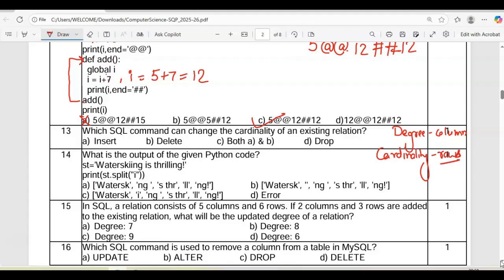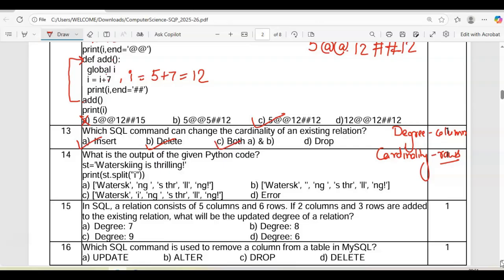So how can you change the cardinality of the existing relation? It is with the help of insert also. You can insert a value, one row will be inserted, and with the help of delete one of the rows will be removed. So insert and delete both change the cardinality of an existing relation. Both A and B are correct.